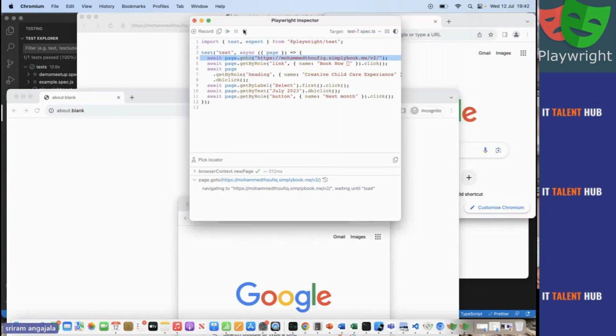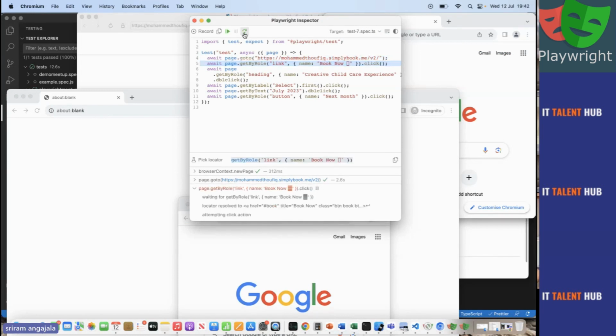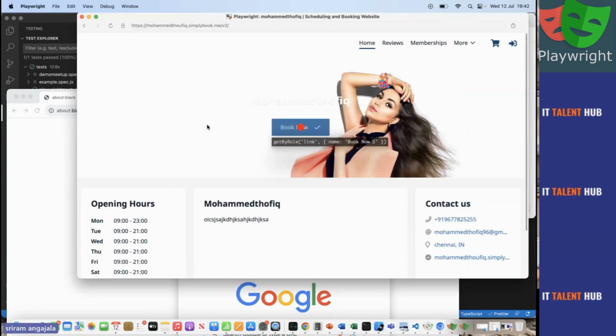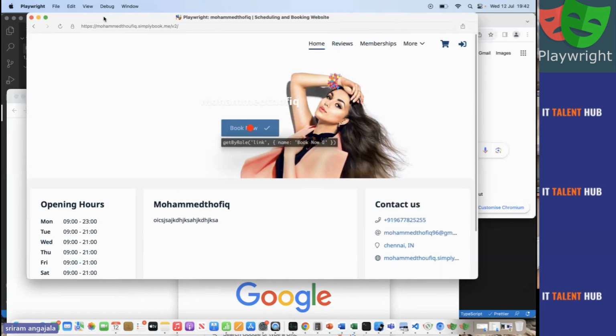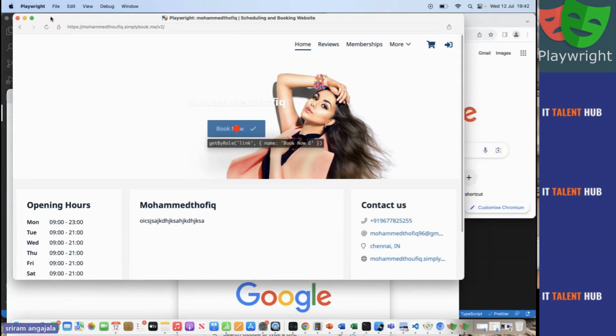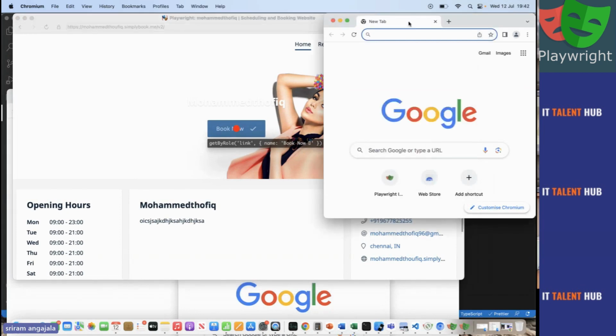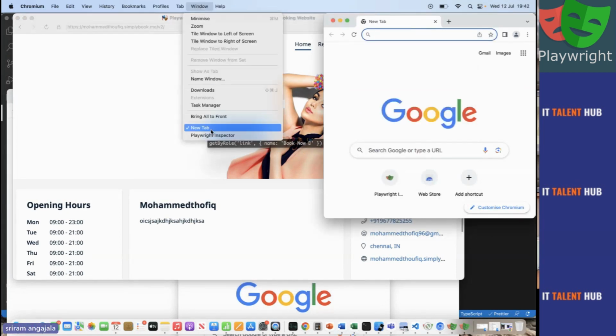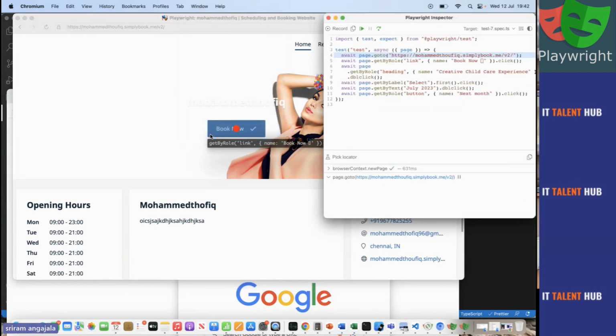If you want to see it one by one, go and debug your test line by line. You can see here in the background your tests are running. So like this, your tests are running while you are developing. And again, I haven't written any line of code. I did not write any command like await or dot, nothing. It is all done through no code.